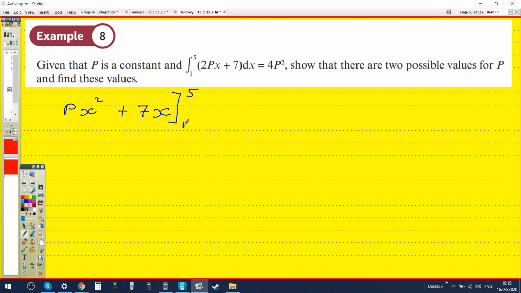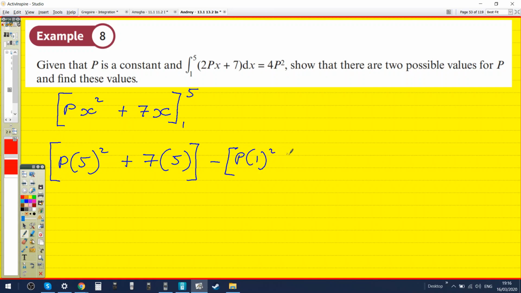And now do the thing. So do p5 squared plus 7 times 5, minus p1 squared plus 7 times 1, and then that would be equal to